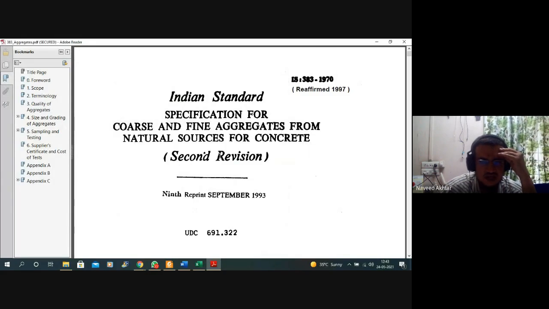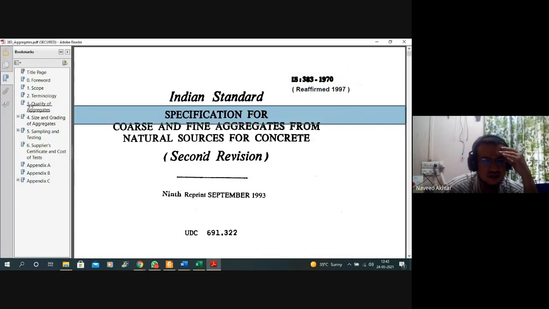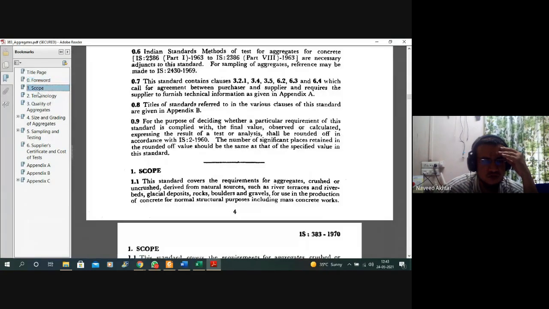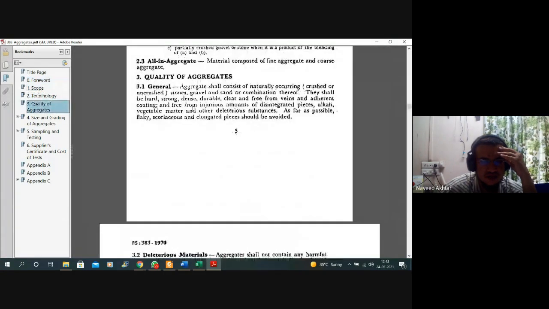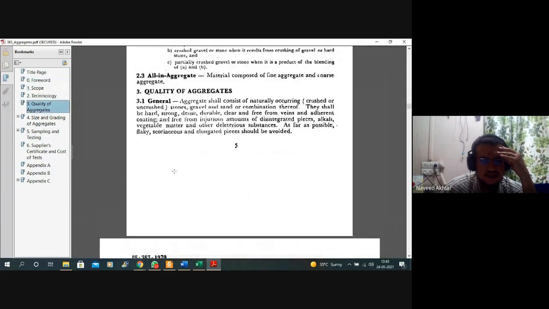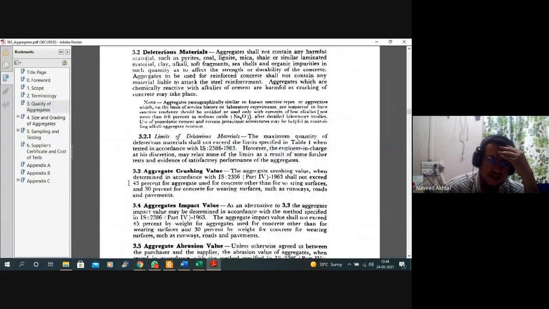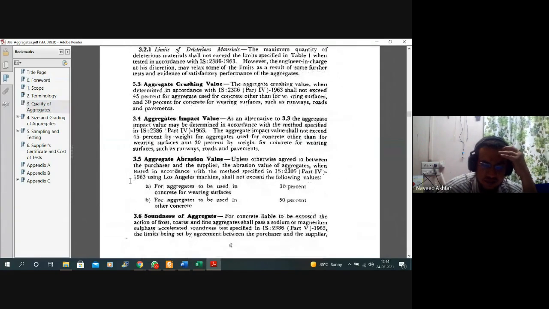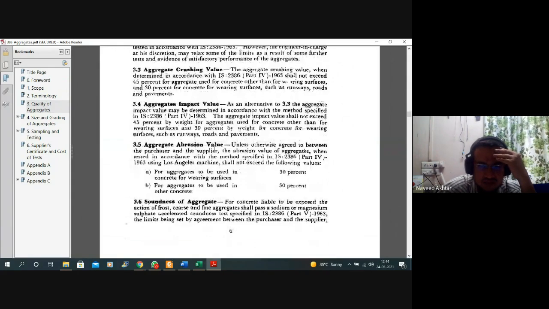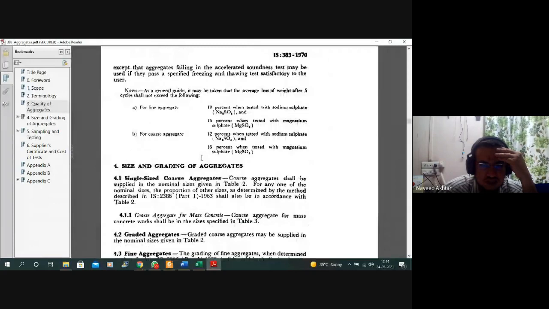So this is your IS code IS 383 2017. Okay. So these are the scope, terminology, quality of aggregate. So this IS 383 is totally about the aggregate, and standard values are given for the aggregate: crushing value, aggregate impact value, aggregate abrasion value, soundness of aggregate, all these things are given.